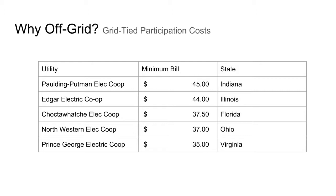And so here are some of the most expensive non-specialized rate structures, where if you're just connected to the electric grid in these areas and you have their standard default electric rate, so every person on the block has this rate, where would you think these fixed fees are highest? I might think California or New York City, but actually where these fixed fees are the highest tend to be